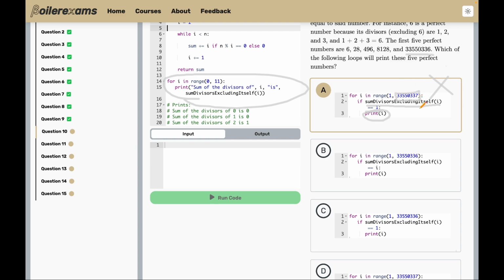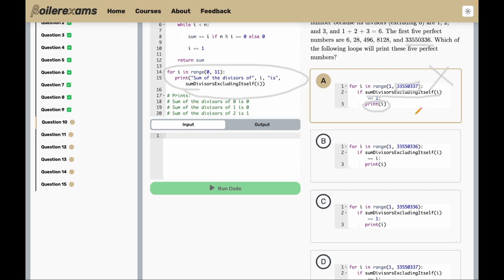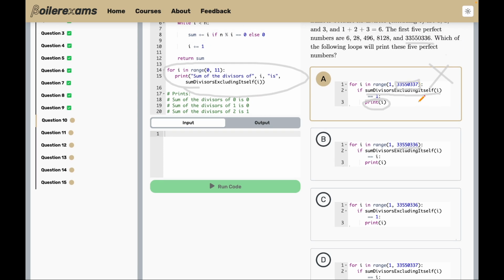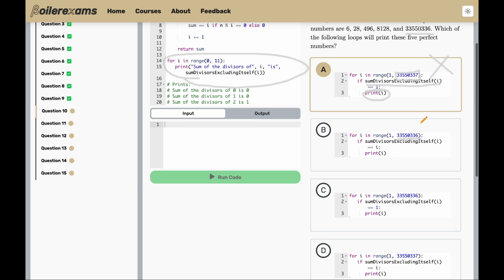And we know that the range is not inclusive for the second parameter. So for B, we can see that it is not including, right? This is 7, this is 6, and this is 6. So this is going to be not included, which already throws us a red flag,